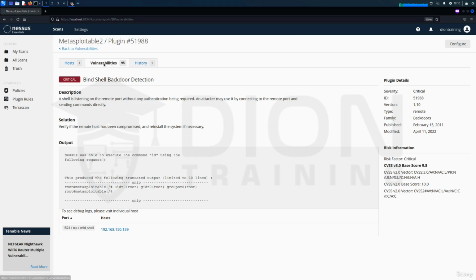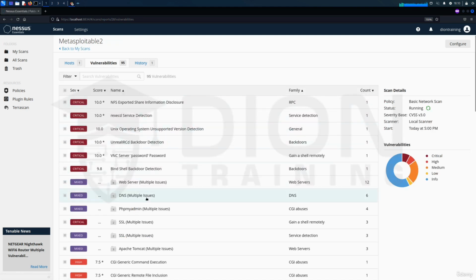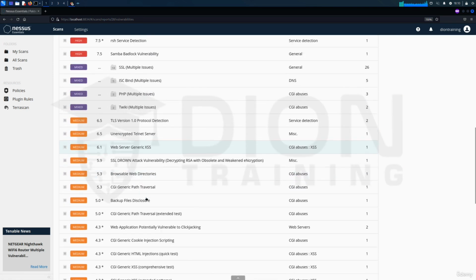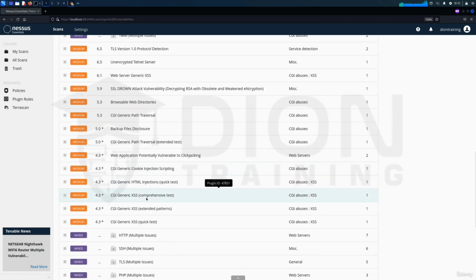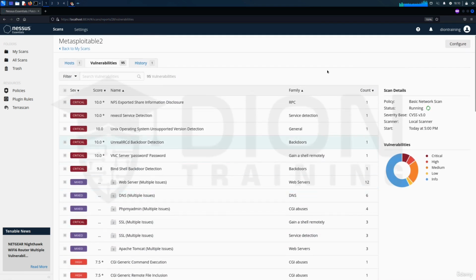If we go back to our vulnerabilities, we can look at some other ones, such as our highs, our mediums, or our lows by clicking through all of these. But because there are so many here, what I would probably do instead is run my report and export that as a PDF showing me all the vulnerabilities, including all of the solutions. Then we can pass that over to our system administrators in a prioritized manner, which tells them which things we want them to fix first. And then once they tell us they've done that, we would rescan the system